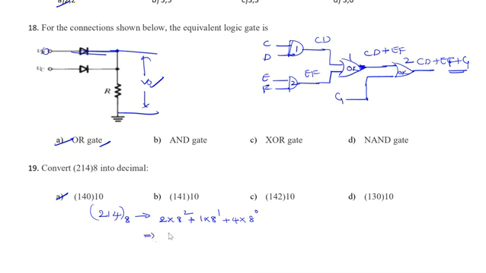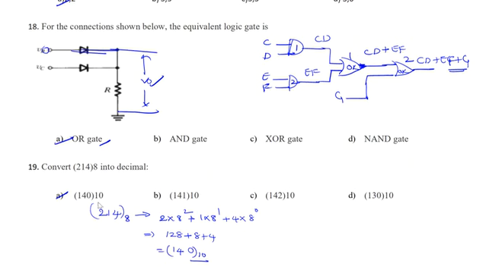So this will be 128 (64 into 2), 128 plus 8 plus 4. So how much is it? 140 to the base 10, a decimal number. So the answer is A here. And the next one,